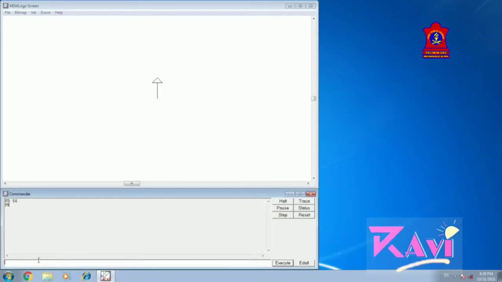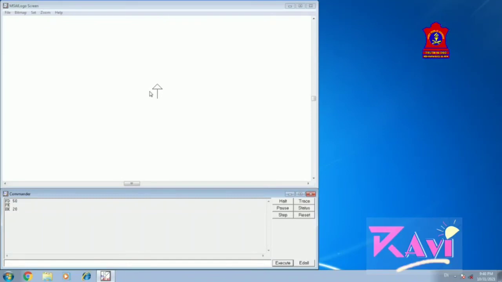I need to subtract 20 steps from here. So I will be using BK command with 20 steps, and see what happens. It is erasing 20 steps from 50. So how much is left here? 30 steps. Okay, so like this we can erase some part of a line by using pen erase commands.